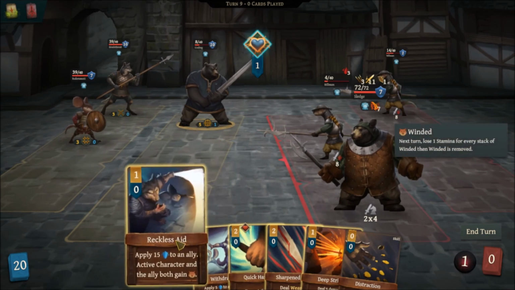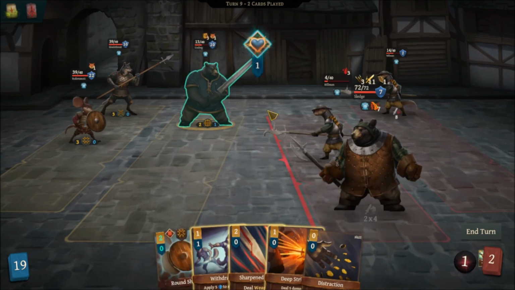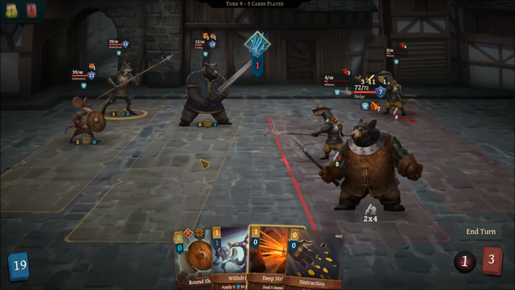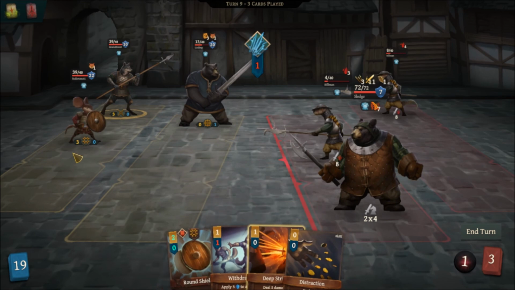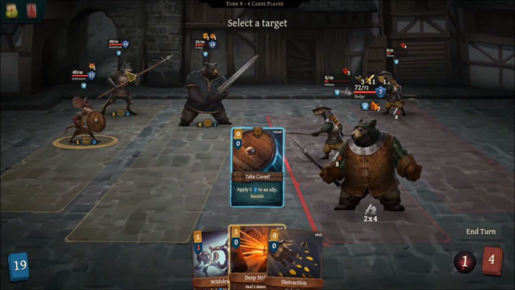I guess I could do this. On the mouse? Sure. Quick hands? Sure. That'll heal. And then bleed somebody. I'm gonna bleed this guy in the back. Okay. Wolf. The guy in the back. I guess I could do... sure. And then...